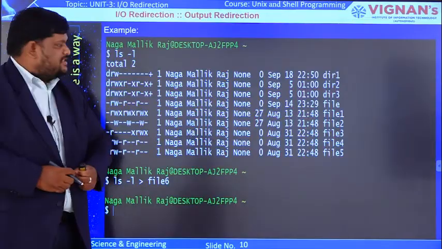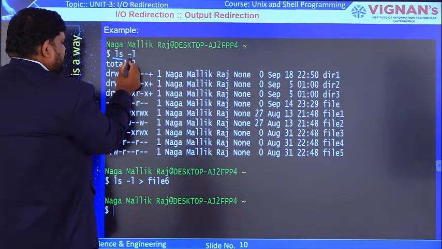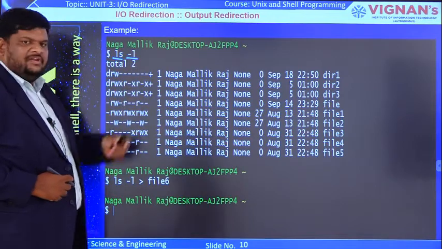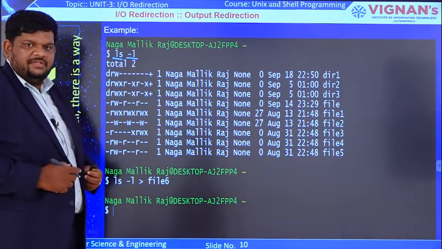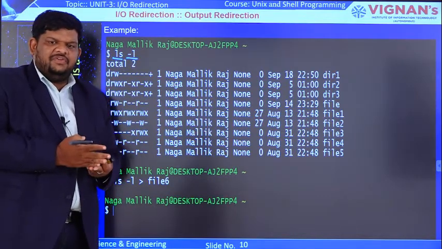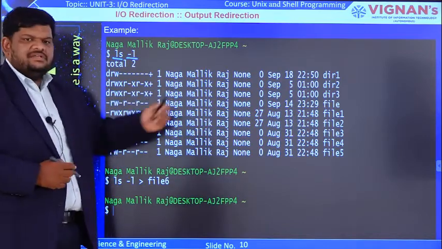Let us consider this example. The command is ls space option L. Along with the command we give option L, and we know that option L means long listing. For the files or directories present in my current directory, it gives the long listing of information, that is, 7 parameters.